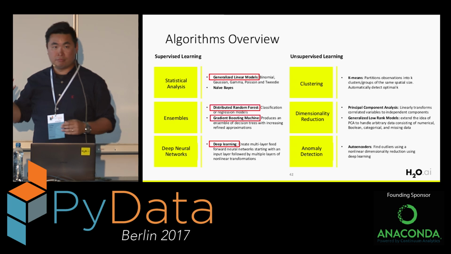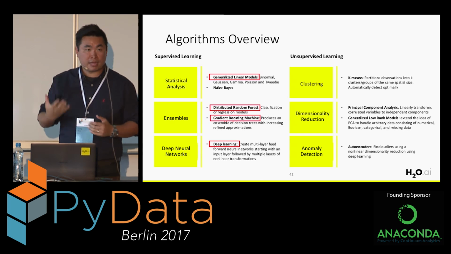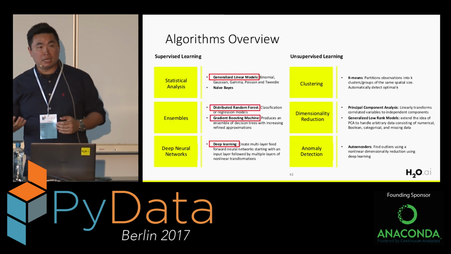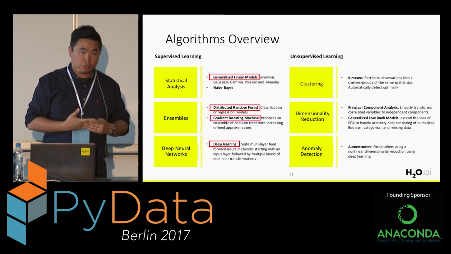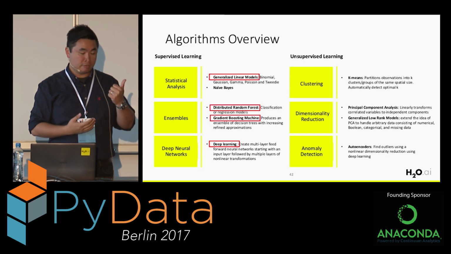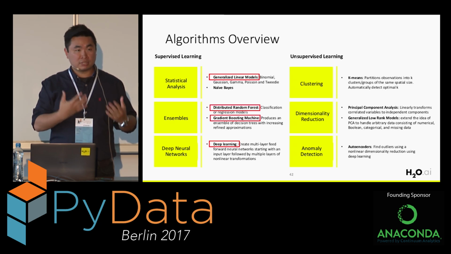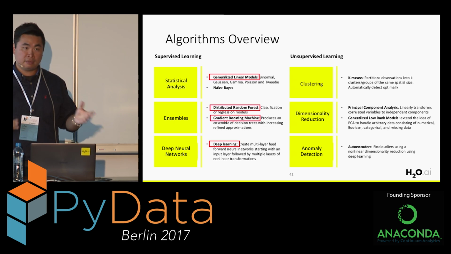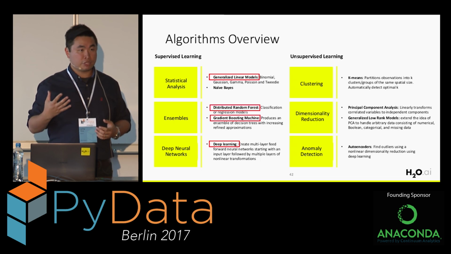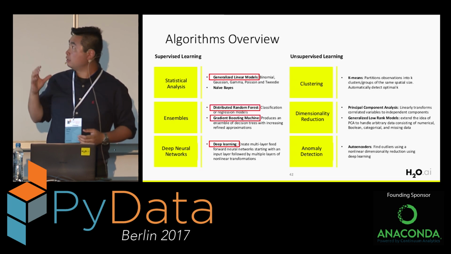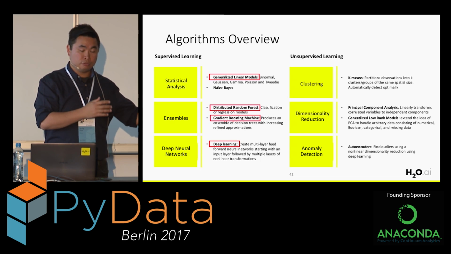It's a supervised learning problem, because we have the label, we have the final answer, the response in a data set. So we want to use the supervised learning algorithm in this case to build a regression model. We have very common algorithms in H2O: GLM, the generalized linear model, random forest, GBM, the gradient boosting machines, and deep learning. Those are some of the most common algorithms that you will find in other packages, in R, in Python, in other languages. But we implement all this from scratch, and we optimize it in Java. So this is a more high-performance algorithm, although it's similar to what you saw in other tools.